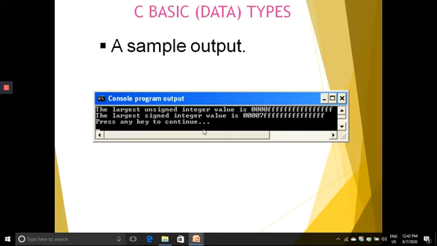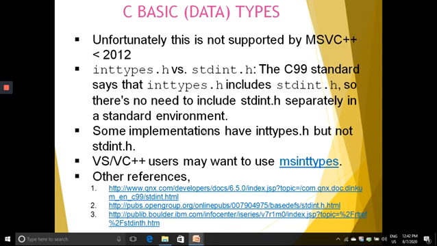If it is 1, it means negative. Unfortunately, this is not supported by MSVC++, Microsoft Visual C++, in versions earlier than 2012.